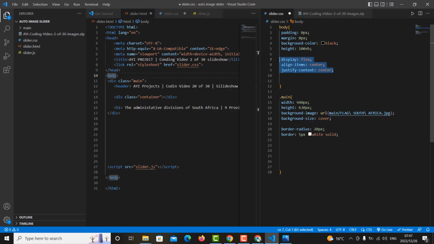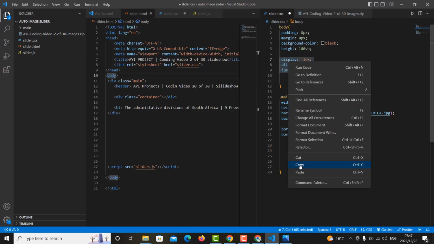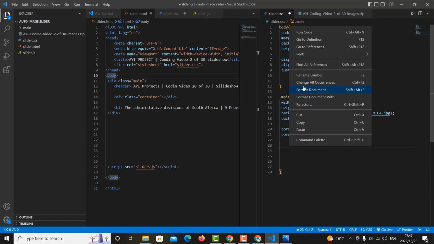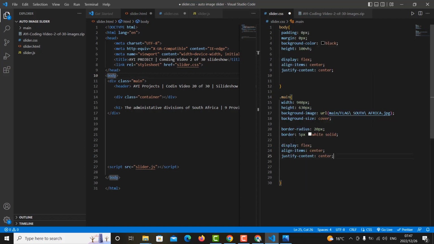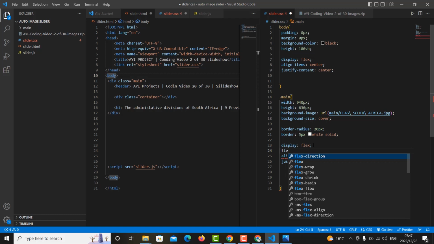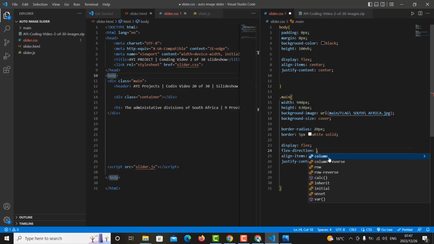That's view. Okay, I'm gonna copy all this and then paste it, because we want that to be display flex, and then align in the center and justify content in the center, but the flex direction, we're going to set the flex direction to be column. We don't need to justify, we just need